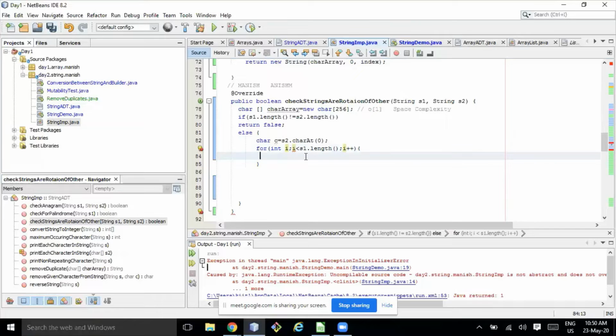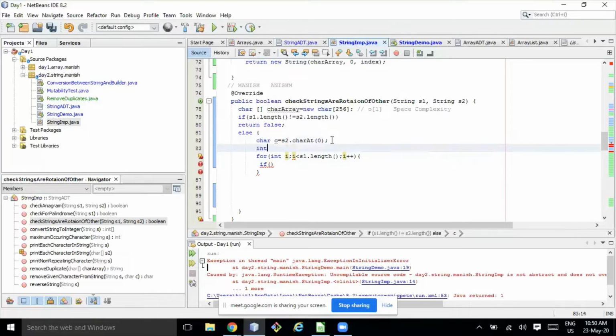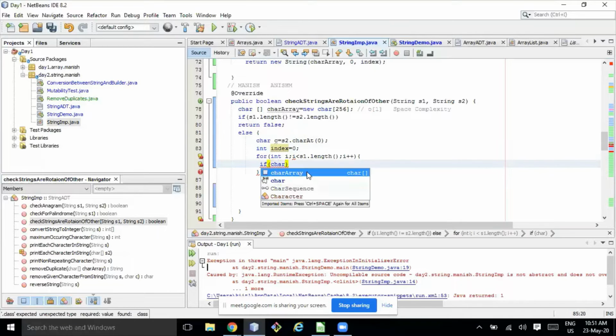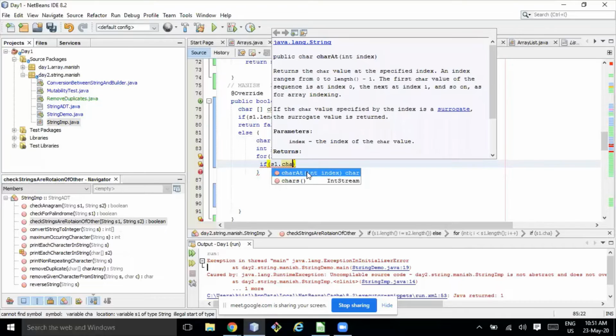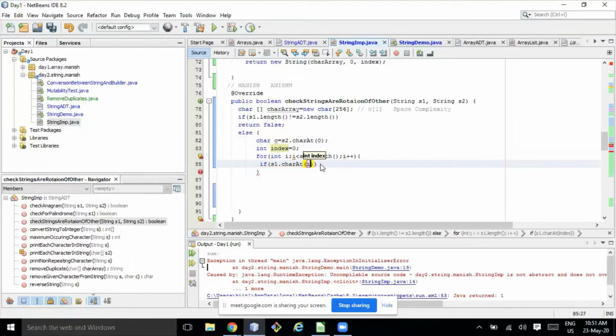Okay, and let me put one more variable, index equal to 0. So if s1.charAt(i) is equal to c.